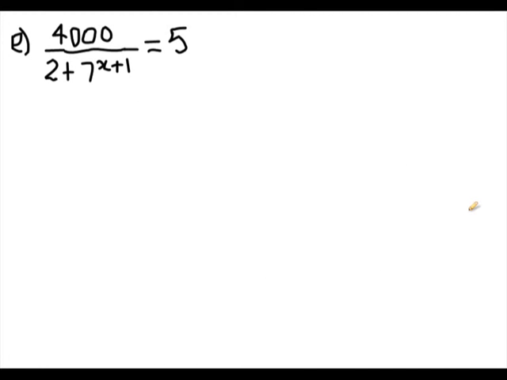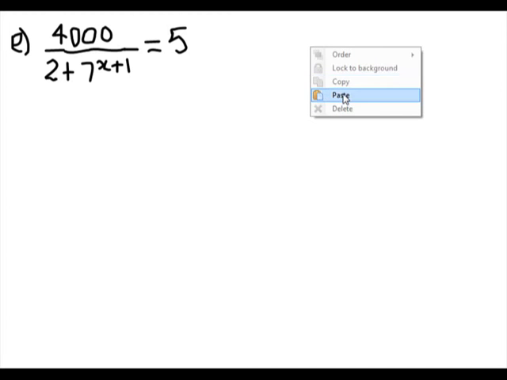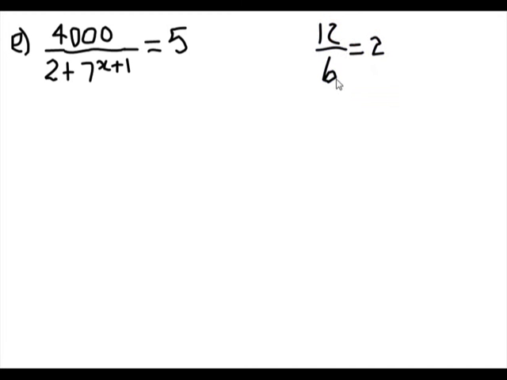Now we're gonna solve the fifth equation. The strategy is to try to isolate the exponential expressions. That's what we're gonna try to do. So first of all, remember these properties. We have 12 over 6 equal 2, so 12 equals 6 times 2. That's the same thing that we're gonna try to do here. Like 4,000,